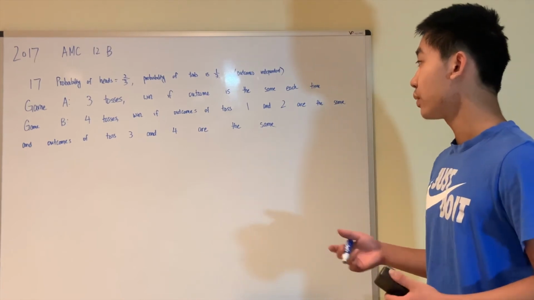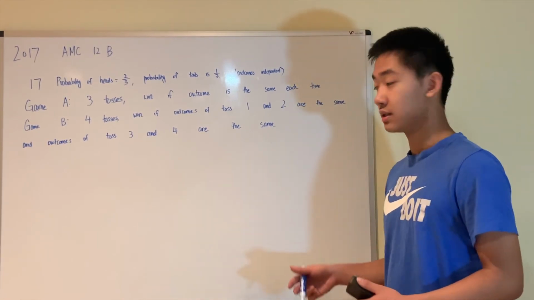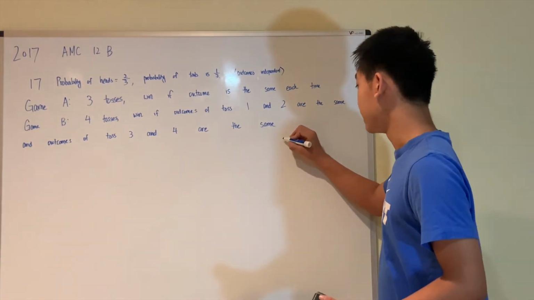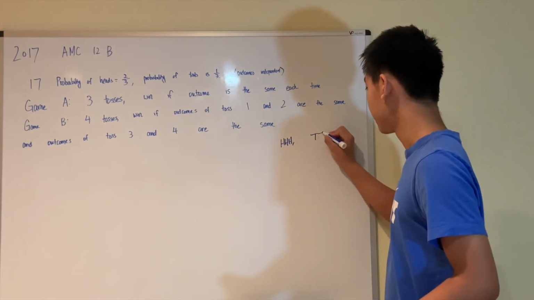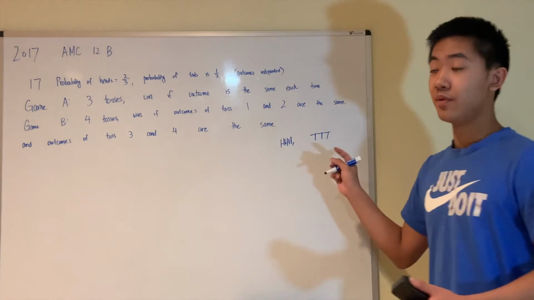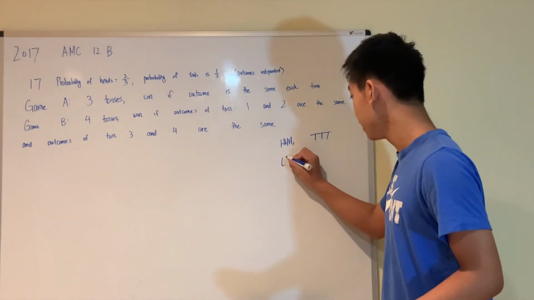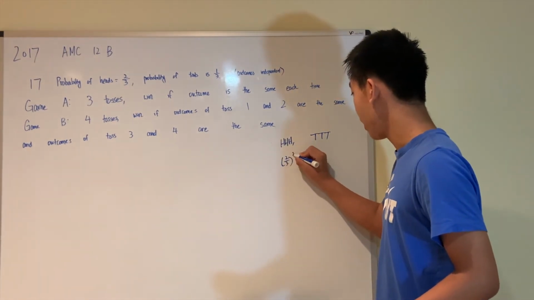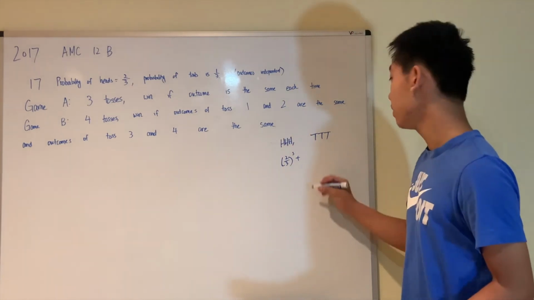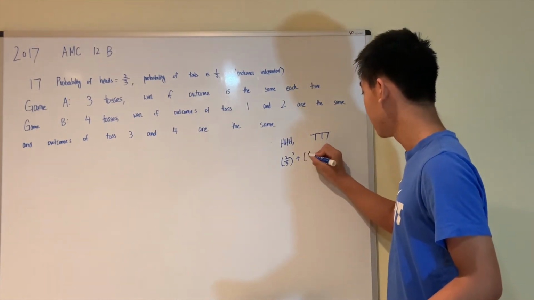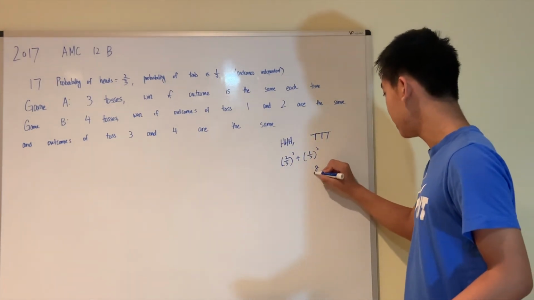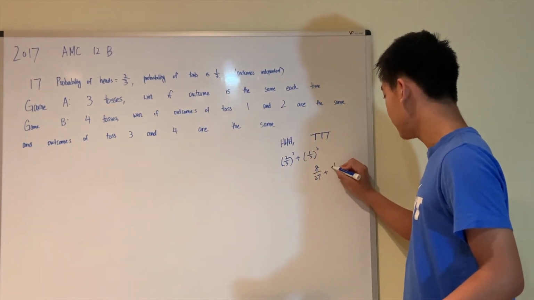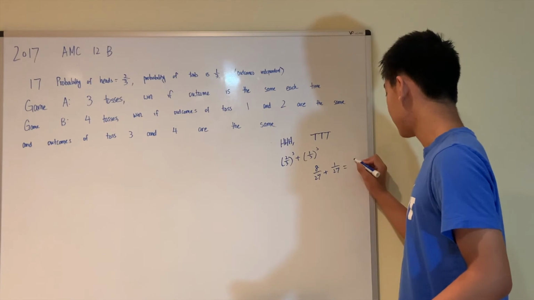So first we can calculate the probability of game A. It's a lot easier because you only have 2 cases. Either you flip heads, heads, heads, or you flip tails, tails, tails. The probability that you flip heads, heads, heads is 2/3 cubed, and the probability that you flip 3 tails in a row is 1/3 cubed. So this is going to be 8 over 27 plus 1 over 27, which is 9 over 27,